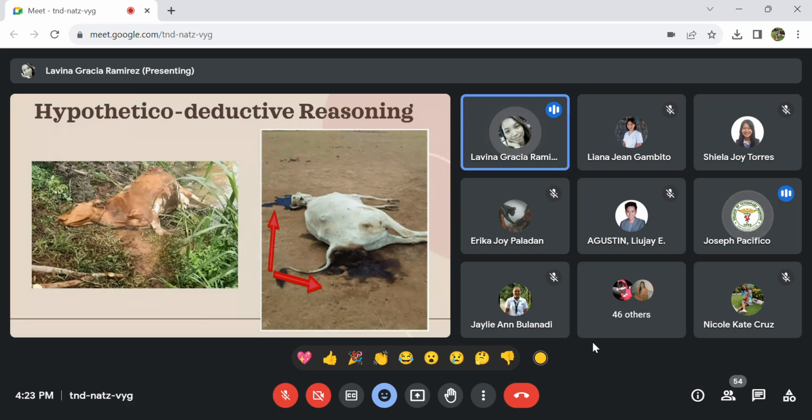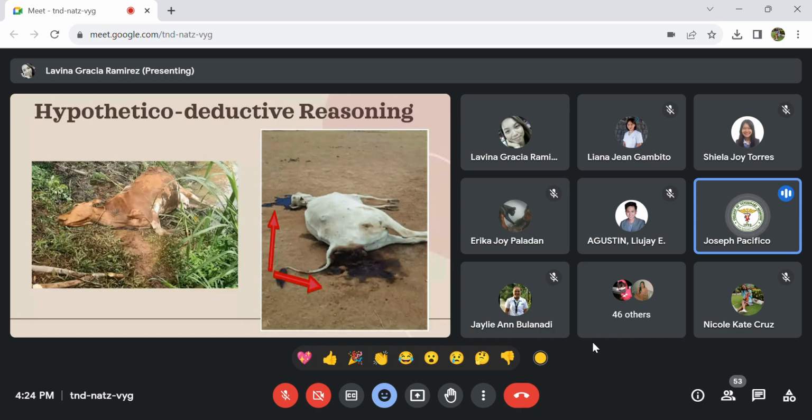Okay, so Doc, yung left nakikita, yung right side, ano naman yung possible hypothesis mo sa cause of death? Based dun sa hitsura, Doc, payat na siya eh. So hindi lang siya acute na yung kinamatay niya. Although may bloat din, pero parang hindi lang yun, Doc, yung cause eh.